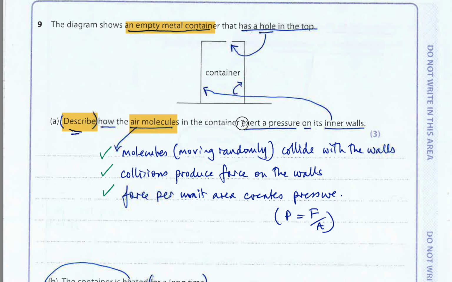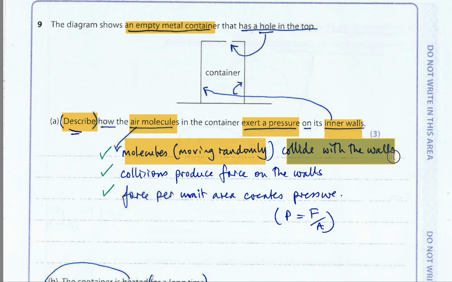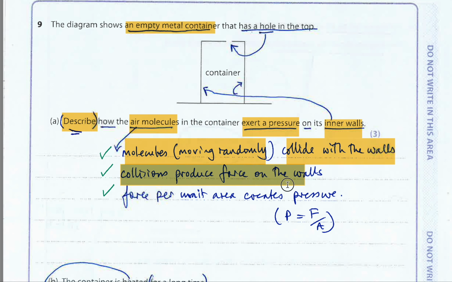inside the container exert pressure, how? On the inner walls. So the inner walls are obviously the inside of the container. Well, this kinetic theory of gases is molecules moving randomly, okay? When they collide, this is the point you need to make, collisions with the walls. Collisions produce forces. So each of these microscopic collisions produces a continuous stream of forces on the